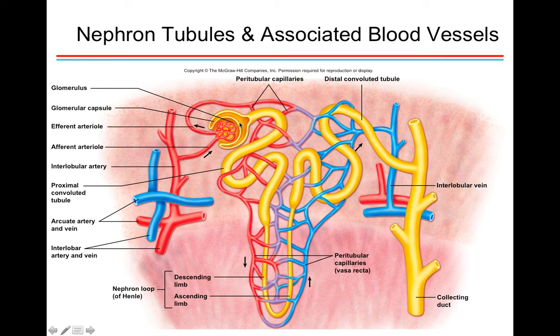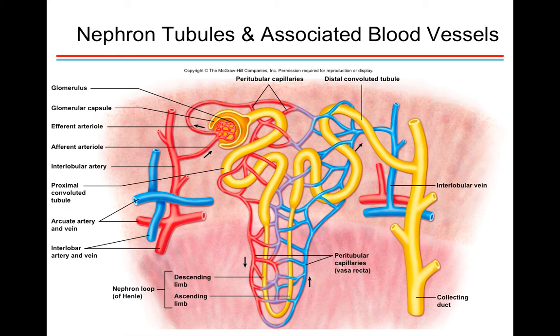The next stage for the filtrate is to go through the proximal convoluted tubule, which I'm showing you right now. The job of the proximal convoluted tubule is to play a key role in reabsorption of water. Then we have the loop of Henle, a descending loop, an ascending loop, and